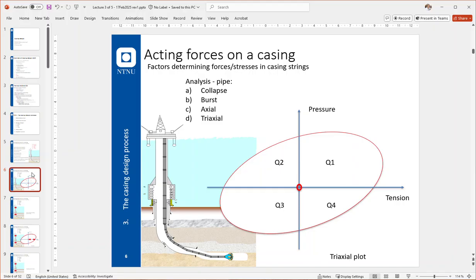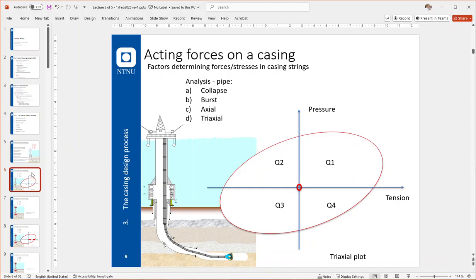We have quadrants, and Q1 is where we have a positive internal pressure of the pipe, and we have tension in the pipe. Quadrant 2, that's where we have compression in the pipe and positive internal